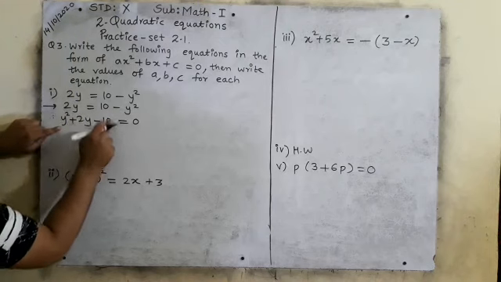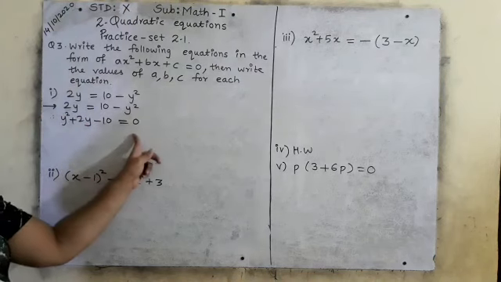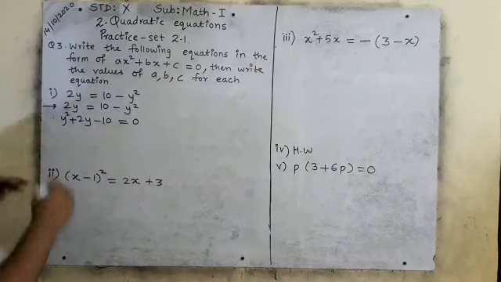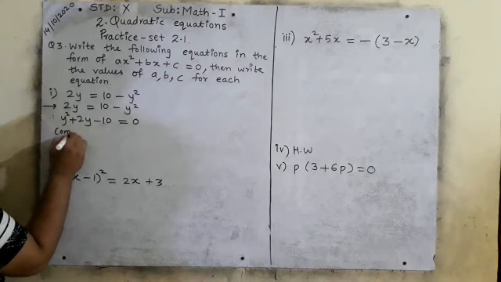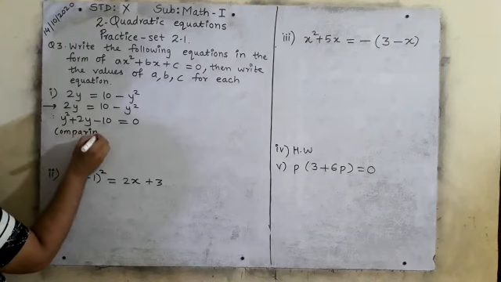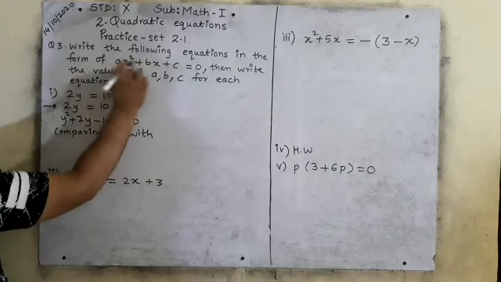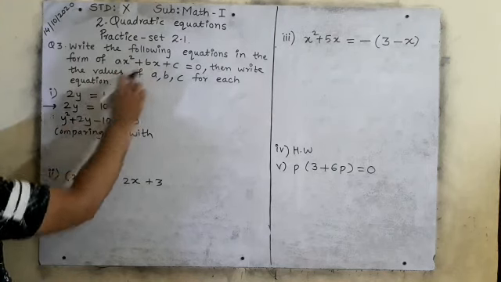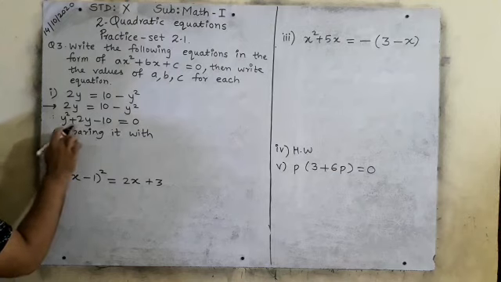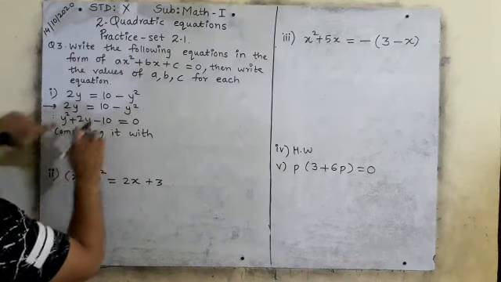Here it is 1, here it is 0, right? So it is in a standard form. Yes. Now we will compare it with this formula. But here the variable x is used. In this equation which variable came? Y. So instead of x you will write y.